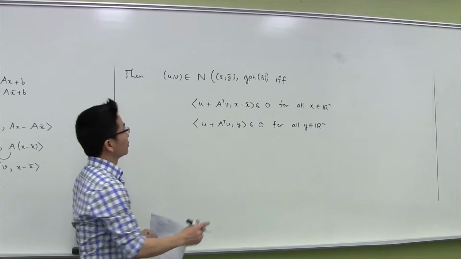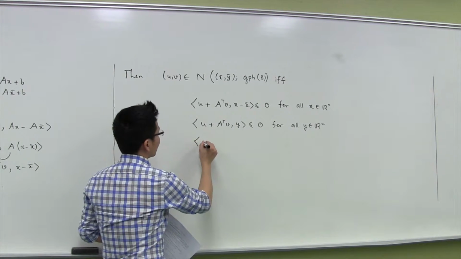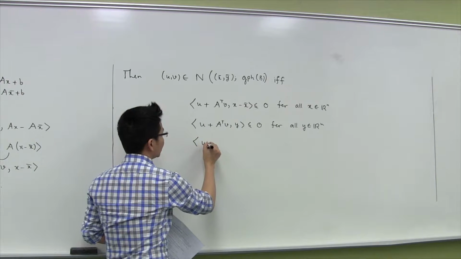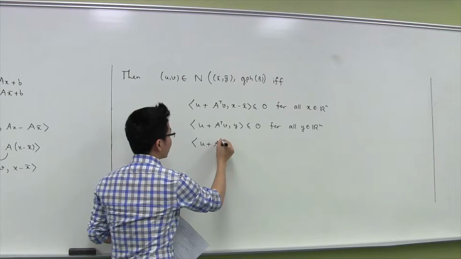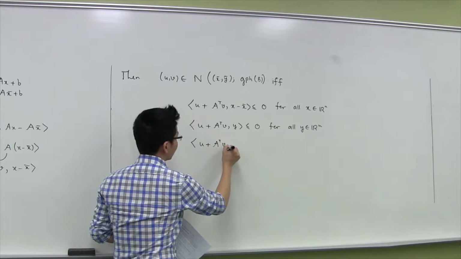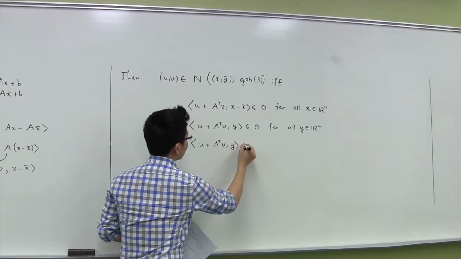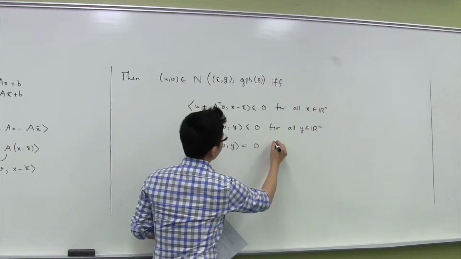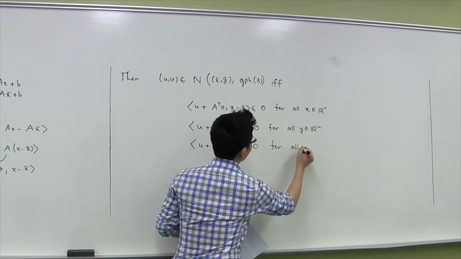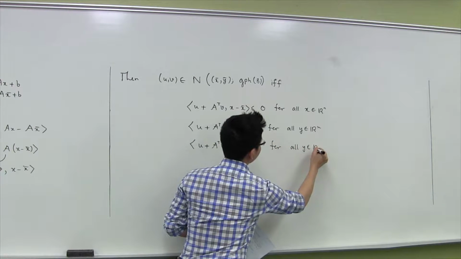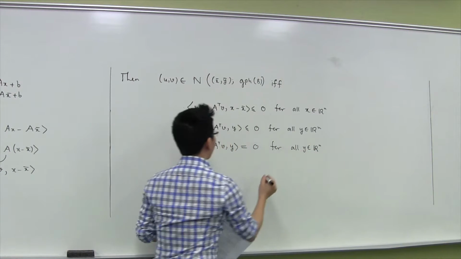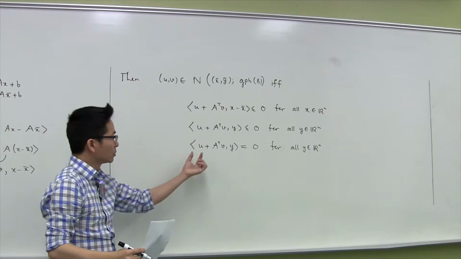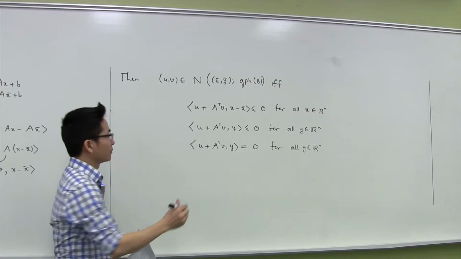So this is equivalent to the inner product of u plus the transpose of A times v, y is equal to 0 for all y in Rn. Okay? And this is true again if and only if